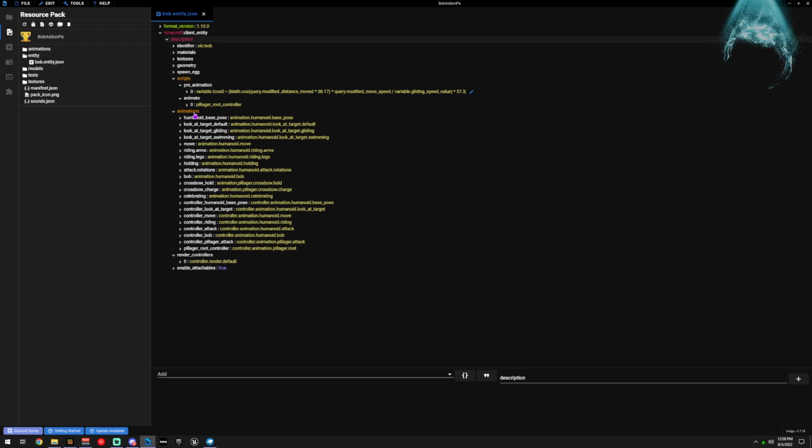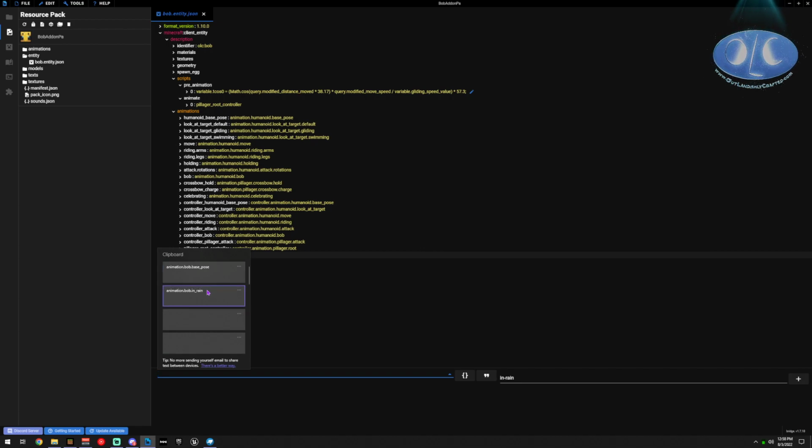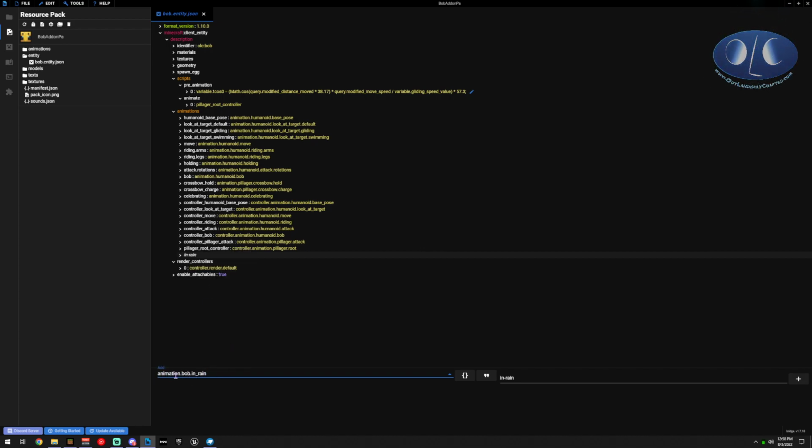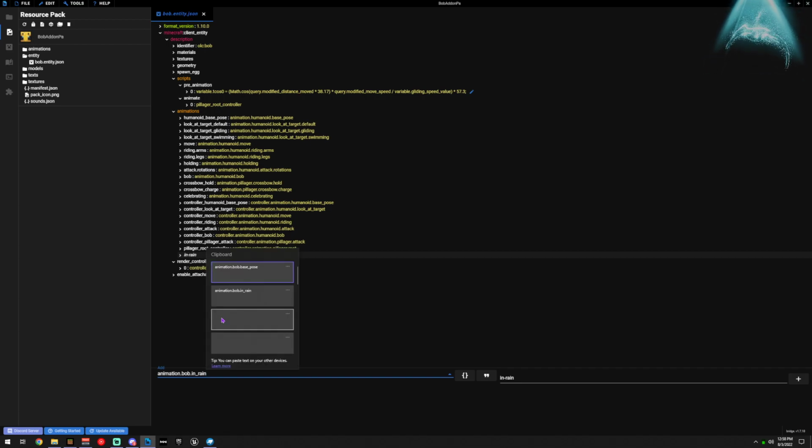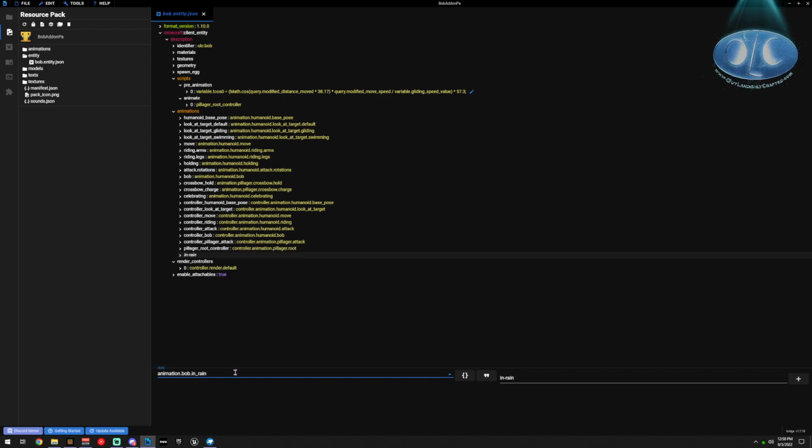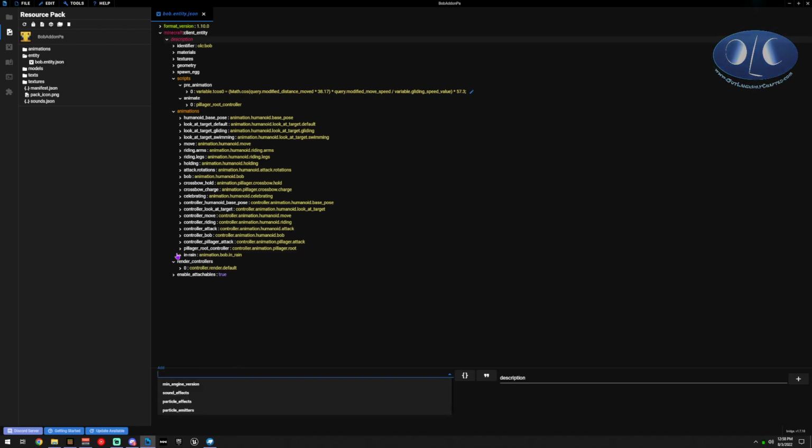I don't have to learn any of that stuff, which is excellent. So now I can come in here and say in rain is going to be the short name of the animation. And remember, I saved this in my clipboard. If you didn't see how I did that, it's Windows key V on Windows 10 and 11, which pulls up your clipboard history so that I can copy more than one thing and have access to them. So then I put that in there. Now I have a short name and I'm connecting it to the identifier of the animation.